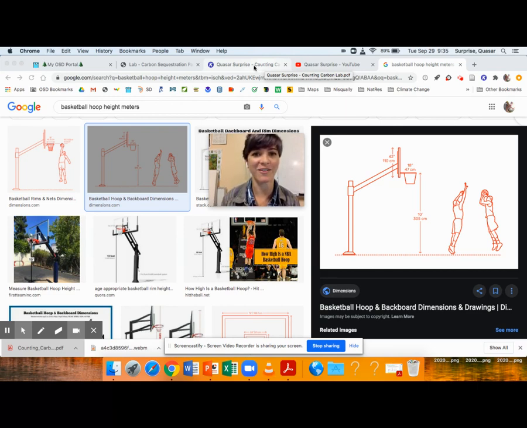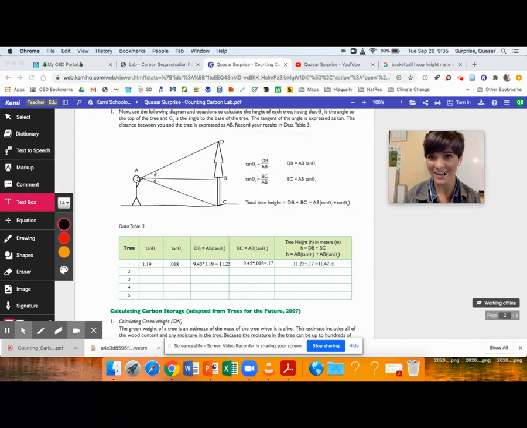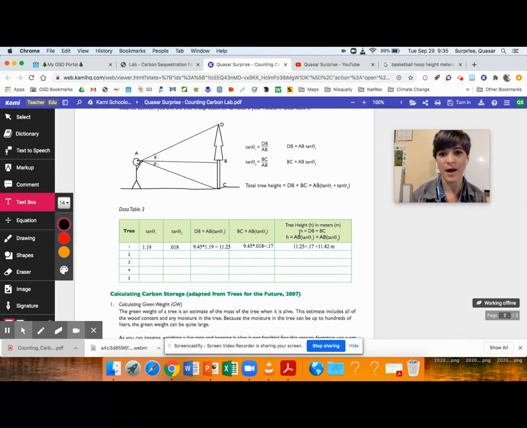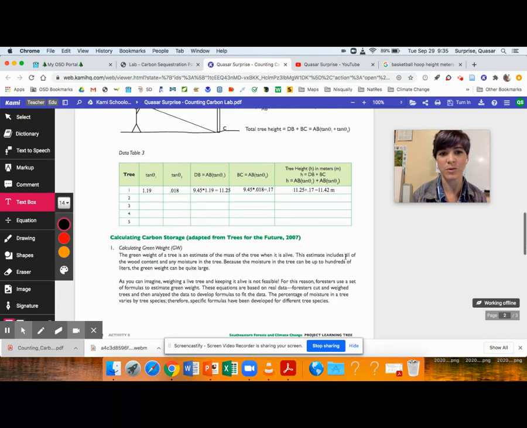Yeah, so I hope that you enjoy calculating the height of your tree. And then we're going to actually get 4 other people's tree measurements. And so we'll have 5 trees to work with for step